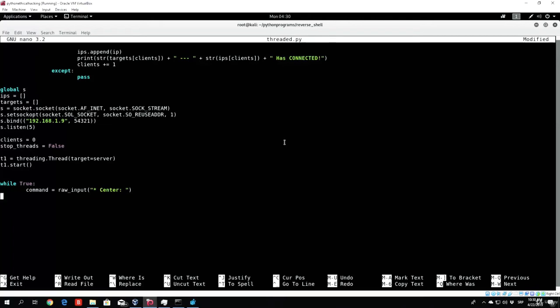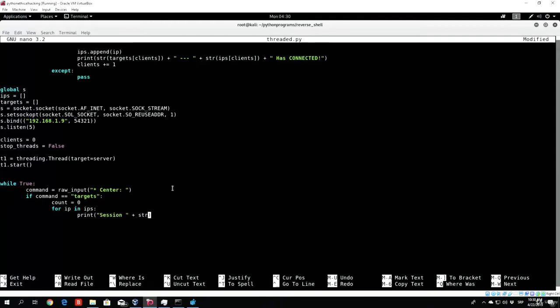It is rather simple. So basically, if this command is equal to targets, which will be our command for specifying all the targets, we can just create a variable which will be, for example, called count equals 0, and then we will just print all the targets from the IPs list that we created right here. So it will have some targets' IP addresses connected or basically imported in this list. All we want to do is read from this list one by one and print them. So for IP in IPs, what we want to do is print, so open and close bracket, session